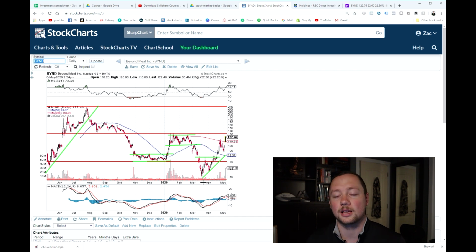We saw the price rebound off of the 50 level. We saw it break through the first level of resistance. We saw it break through the top line of the ascending triangle, and we got into it on April 21st. It executed on April 23rd at $84.50, and today the stock is trading at